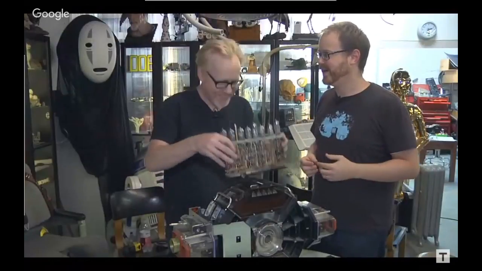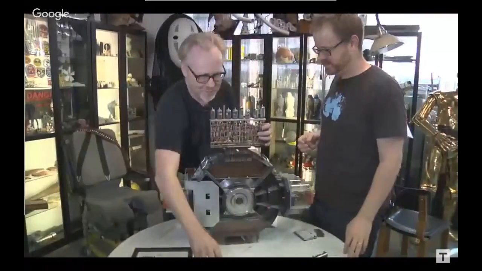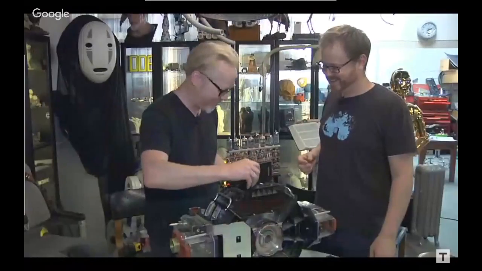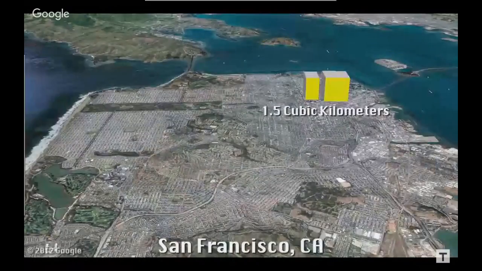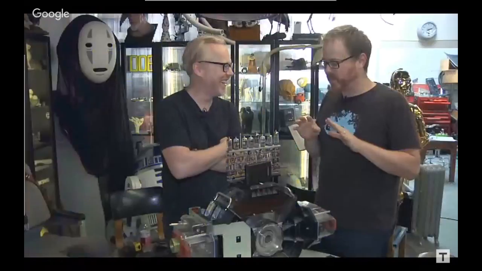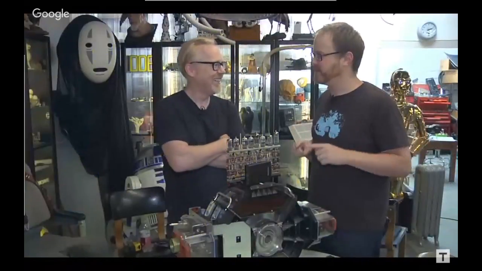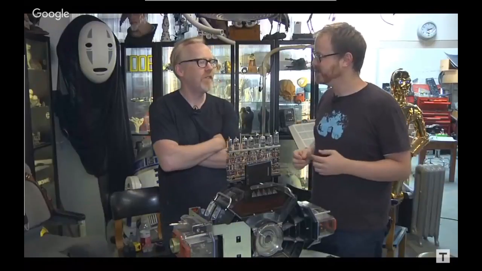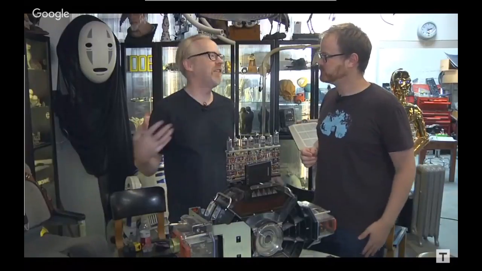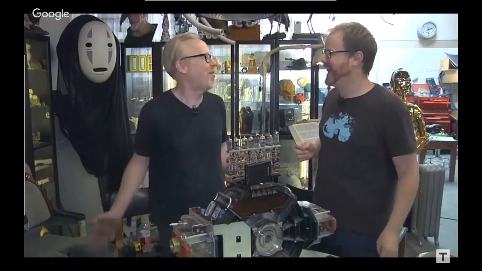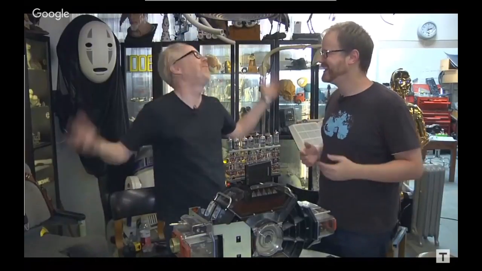It gets better. If you wanted to store this much memory using vacuum tubes, it would be 1,500 cubic kilometers. You'd have to have a lot of people running around replacing vacuum tubes. Could you imagine? It would be the worst job ever. It's bigger than all the 7 wonders of the ancient world and the modern world combined times a million.